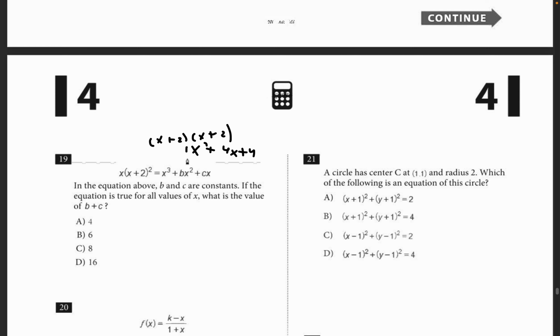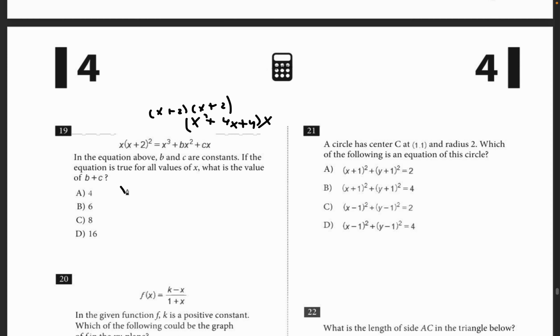Then this has to be multiplied by another x. So it will be x to the third plus 4x squared plus 4x